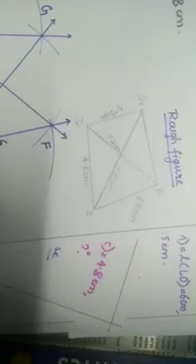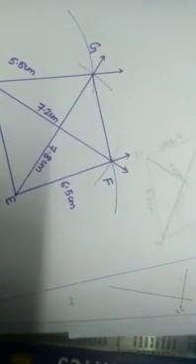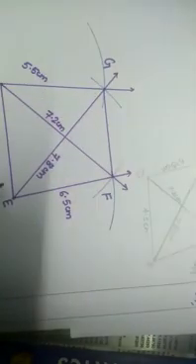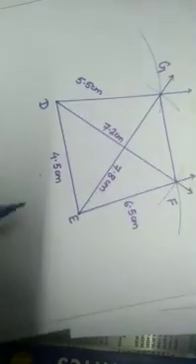Now what are the measurements we have put over here? This FE is 6.5 centimeter. Then DF is what? DF is 7.2 centimeter. And now join these 2 points, G to F. In this way you will get the construction of quadrilateral D, E, F and G. Okay. Now let us write the answer.